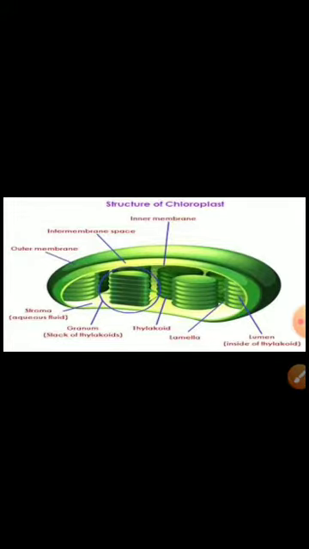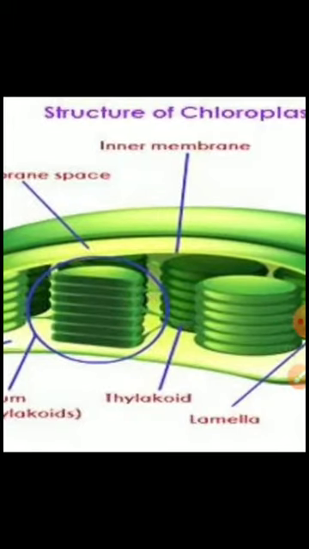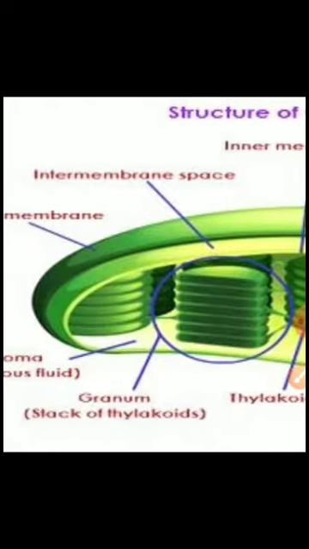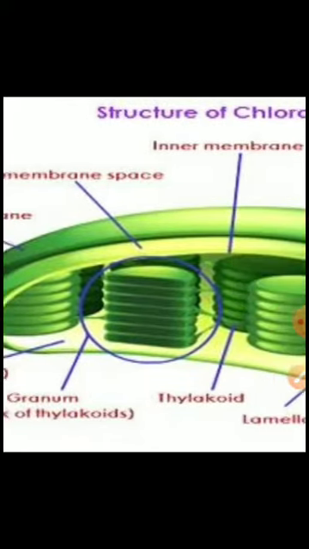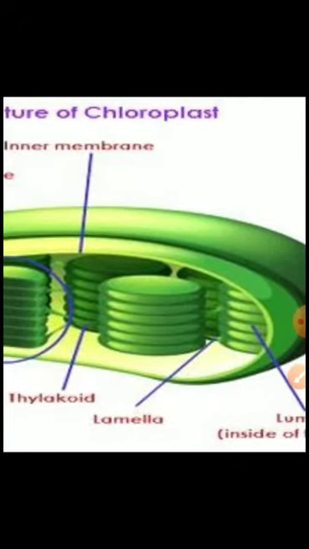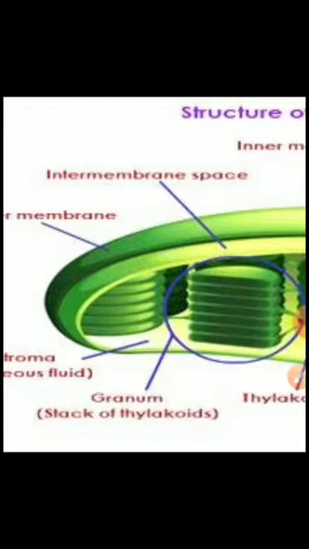My dear students of class 9th, let us revise the structure and function of plastid. The plastid is found in the plant cells and that plastid are of three types: chloroplast, chromoplast and leucoplast. Chloroplast mainly is found in all green plants and it bears the color pigment that is chlorophyll. Therefore, this chlorophyll is responsible for the trapping of the sunlight for the process of photosynthesis.